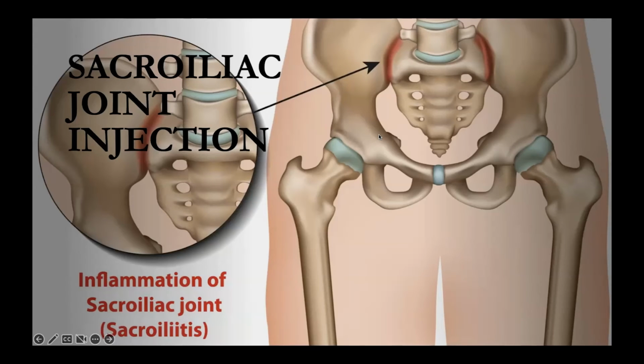Another source of what we call axial pain, which is pain that stays right in the center of the back, but is lower down, almost to the point where you reach the hip area. There's something called the sacroiliac joint, which is between the sacrum, that plate bone, and one part of the pelvis. So it's this that's outlined in red. It can get inflamed just like any joint in your body.